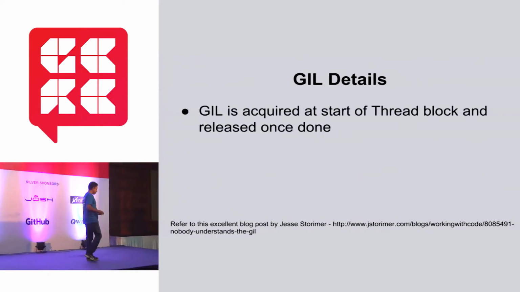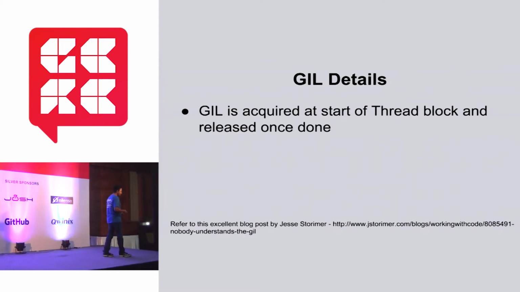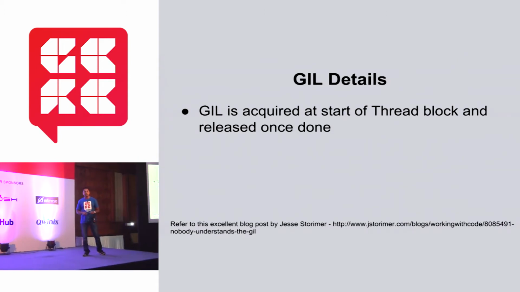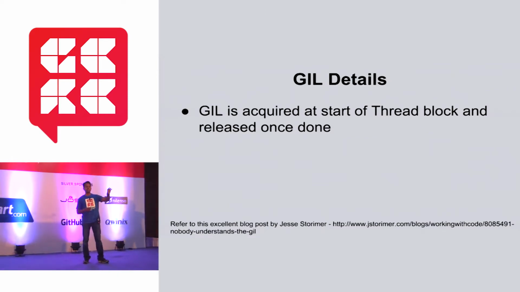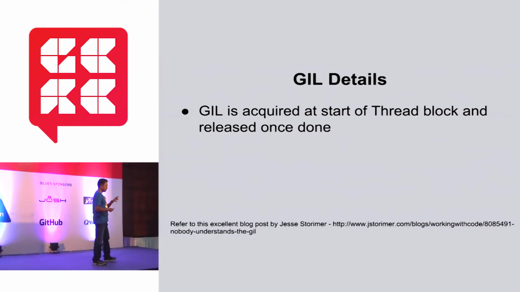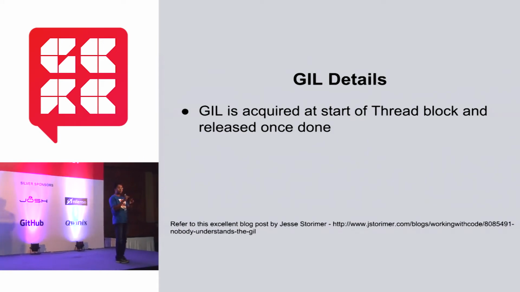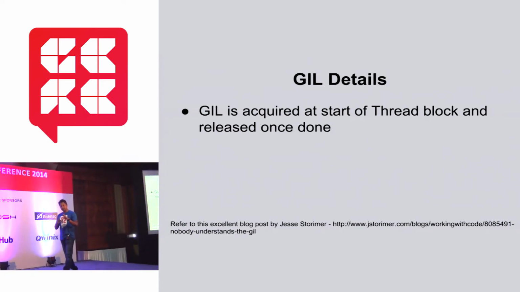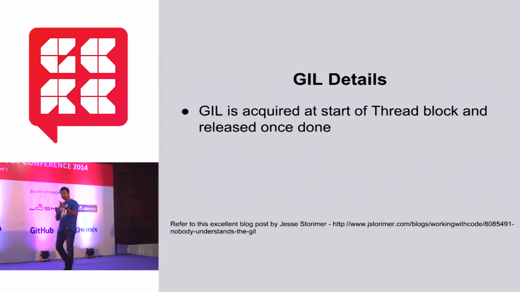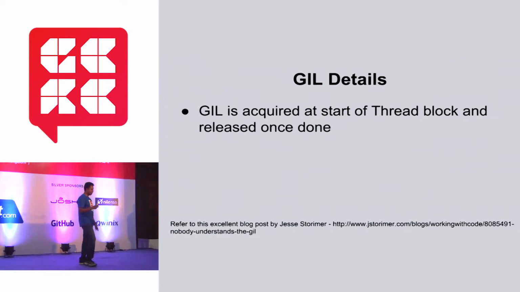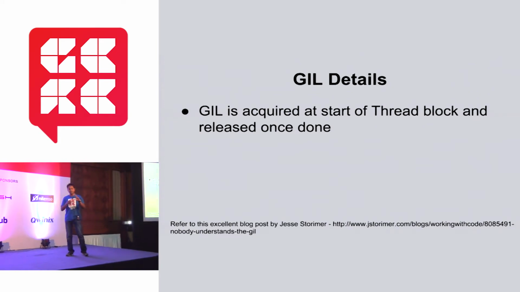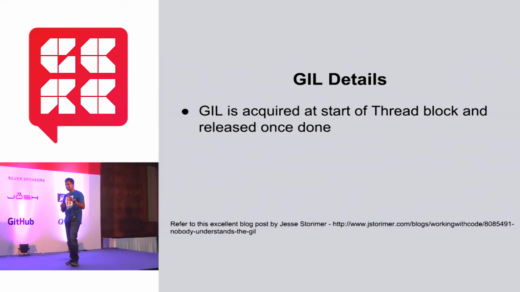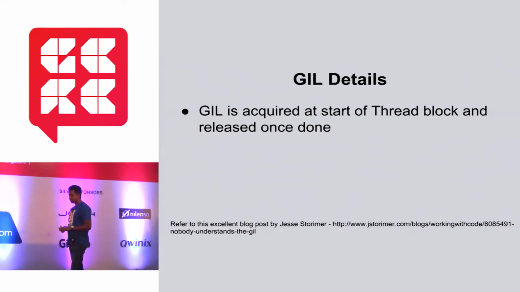So when you create a thread in Ruby, you pass it a block of code. So how does that work? You take a block of code, you put it inside the thread. What the thread does is usually it acquires a GVL at the top. It executes the block of code, returns and releases the lock, right? So essentially this is how it works. So during that period of execution of the block, no other thread is allowed to work. So that makes you almost thread safe, right?